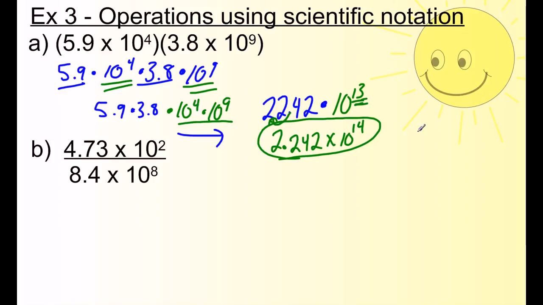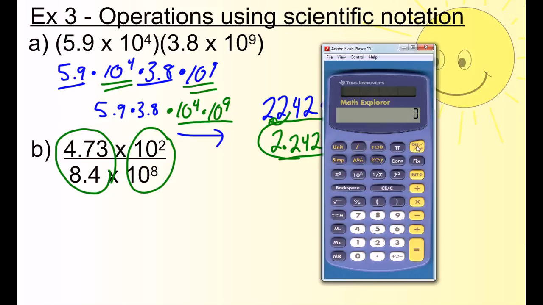But by using our properties, by doing the powers that we learned about in the last lesson, we know that we have the correct answer. Letter B. We're going to use the same basic idea. So here, we're going to separate it into two separate problems. We're going to worry about dividing this piece here and this piece here, just like we did on the last lesson. So I'm going to take my 4.73,